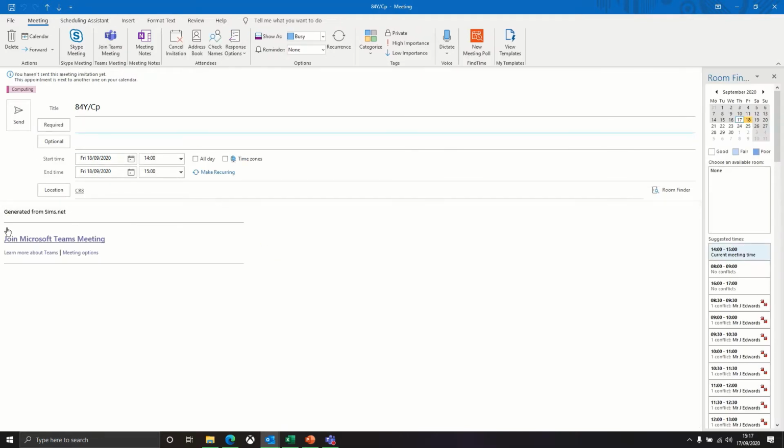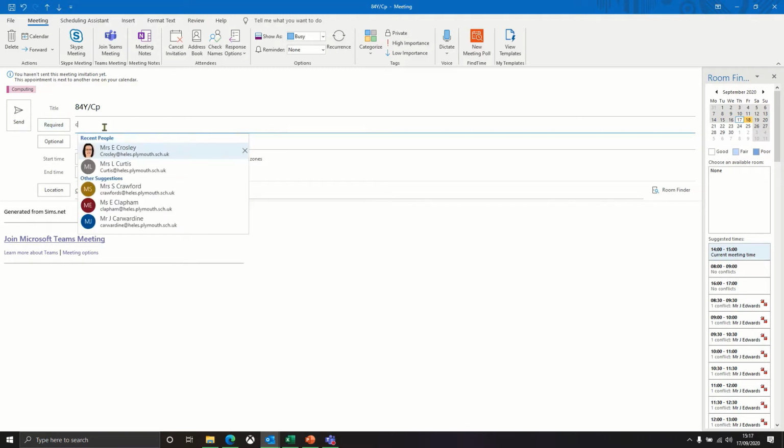And what that does is it sets up this section down here, which I'll talk about in a second, and it'll have the required. And this is how you invite your students. So you can do class, and you can enter the class, and it'll pull up the students you want. So if I wanted all of 7G, I can double click on that, and there you'll notice the email address